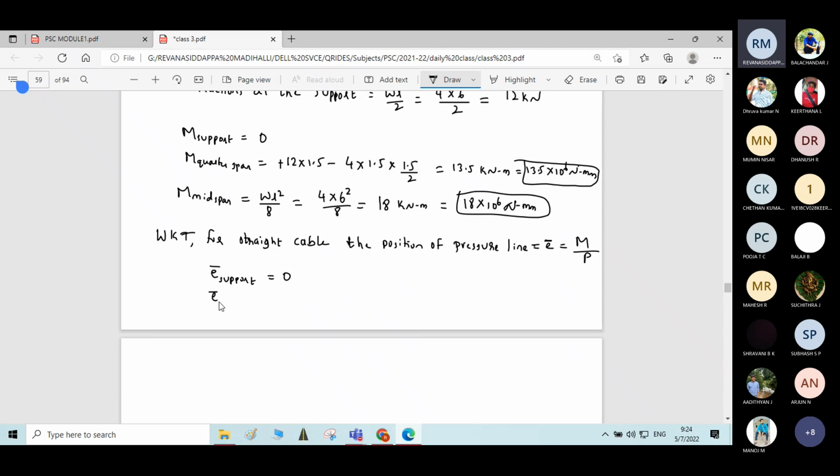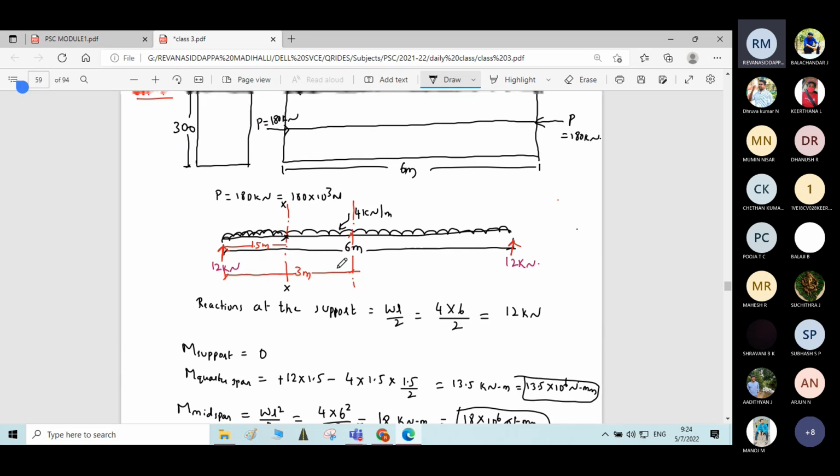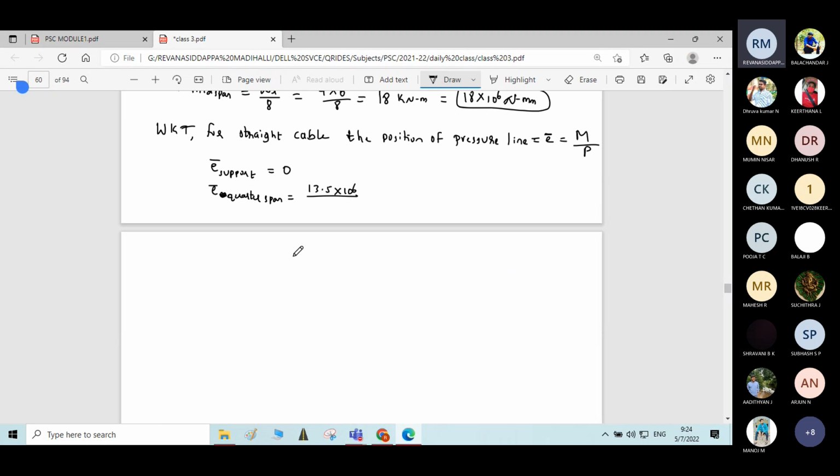Then E bar at quarter span will be equal to moment at quarter span, that is 13.5 into 10 power 6 divided by pre-stressing force. How much is it? 180 into 10 power 3. If you calculate the answer, you will get 75 mm. Please cross check